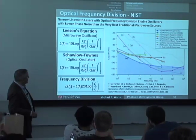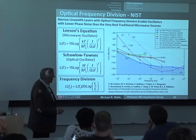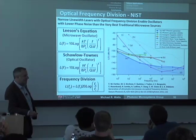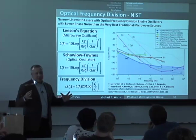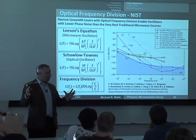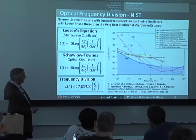And then we've been working on implementing low phase noise oscillators on chips. This is work that, at least in our configuration, stems from the NIST frequency divider approach, where they recently showed that they have better noise performance than just about any microwave oscillator out there, at least in the close-in phase noise. Overall, they're doing quite well. This is interesting because sapphire-loaded crystal oscillators tend to have to be cryogenically cooled. They're large and bulky. And while the NIST result is still large and bulky because it's on a tabletop,